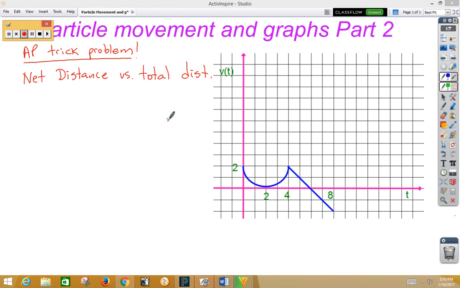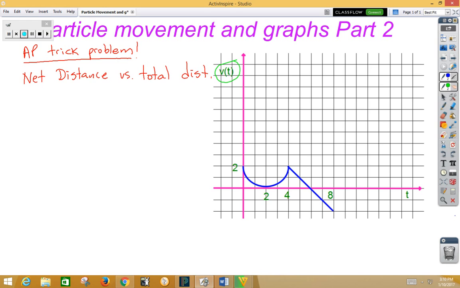In this video, we're again looking at particle movement and graphs. This time we're going to look at how AP might give you a trick problem revolving about net distance and total distance. Remember that in order to go from velocity to position, you need to do integration, and integration is